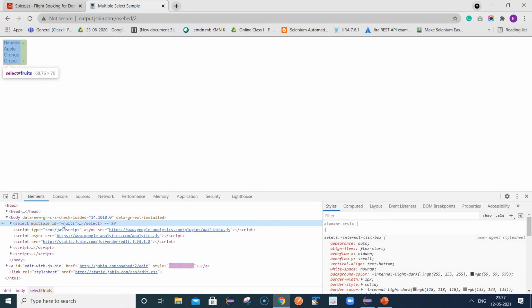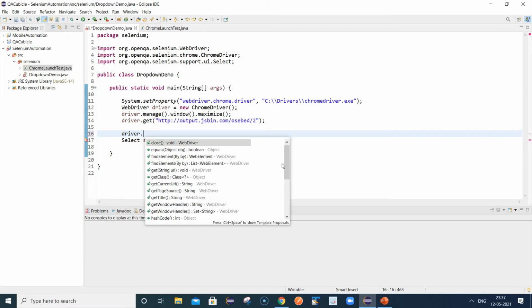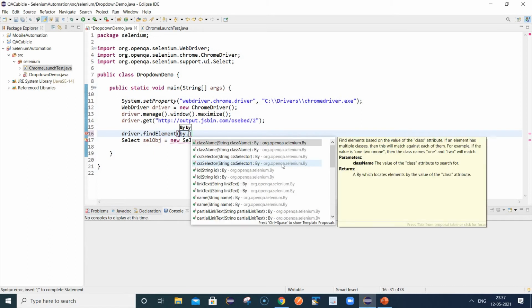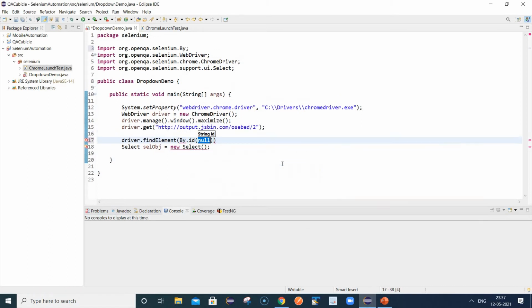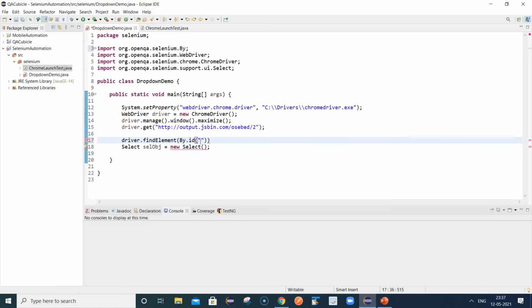We can get the ID as fruits here. So driver.findElement(By.id("fruits")), and we need to store this in a web element.